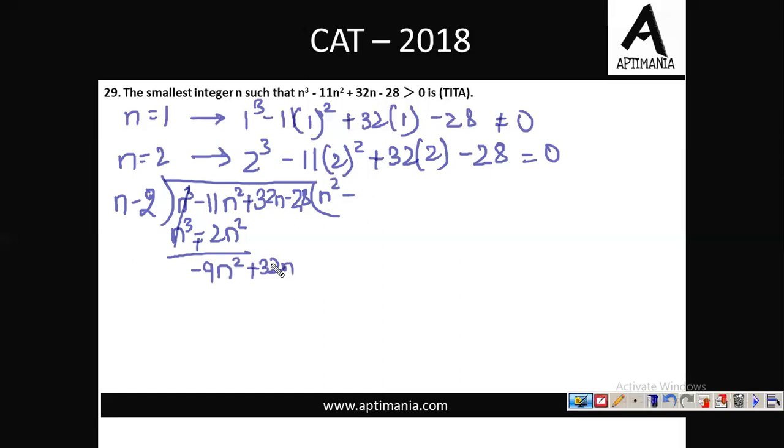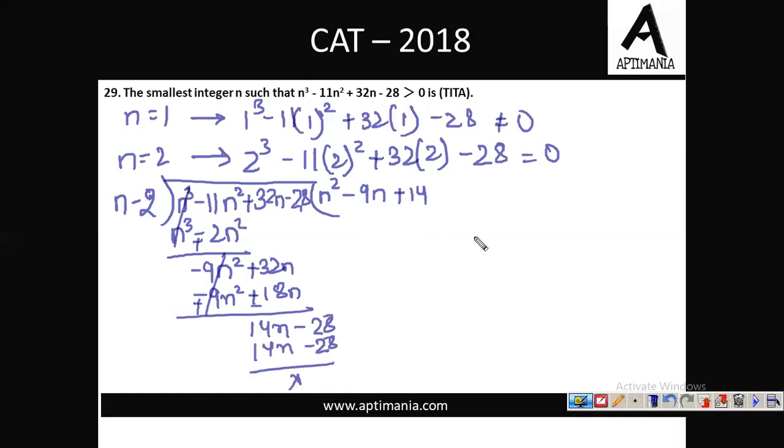Multiplying it by minus 9n, we'll have minus 9n square plus 18n, which on subtracting, this will be positive and this will be negative, so that cancels out, and this will be 14n minus 28. This is plus 14, we'll have 14n minus 28, which is 0, right? So this cubic inequality n cube minus 11n square plus 32n minus 28 is greater than 0 can further